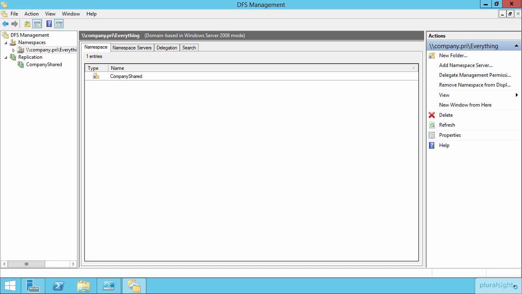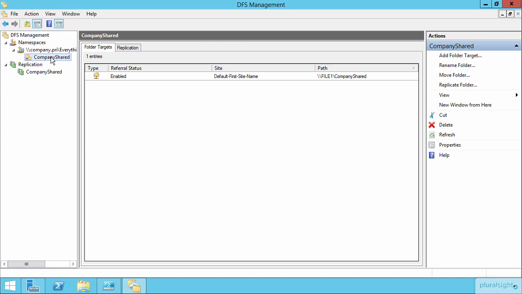Now that we have replication configured and all the other settings set appropriately for these two servers in these two different locations, we can now go about making some changes to that DFSN link that we created just a second ago. If you recall back earlier in this module, we took a look at DFS namespaces, and we created here under company.pri/everything